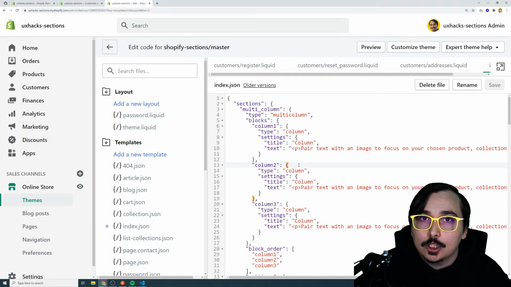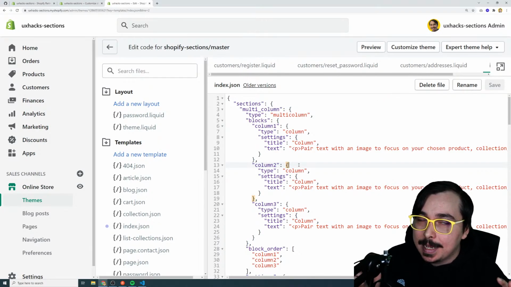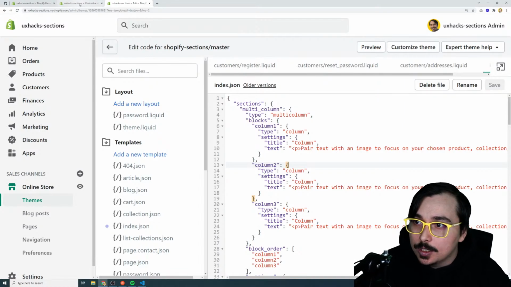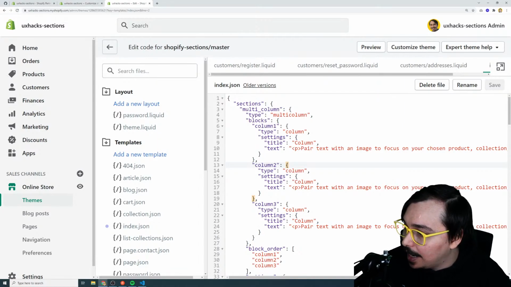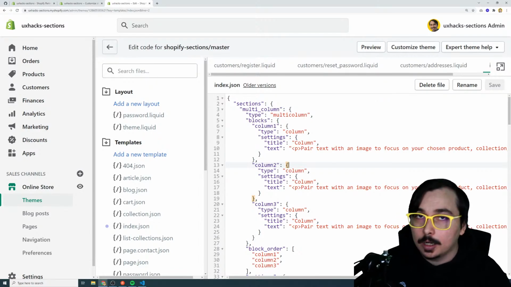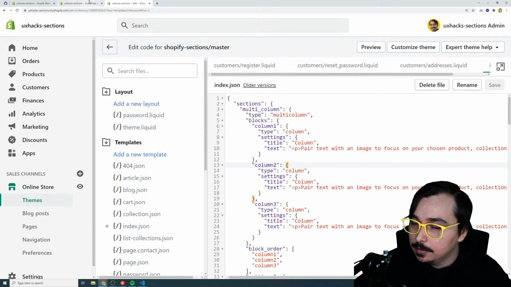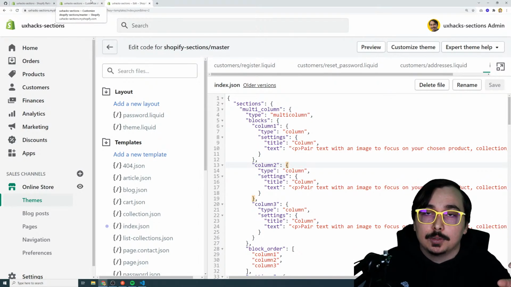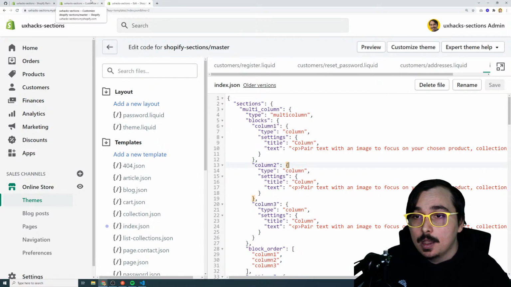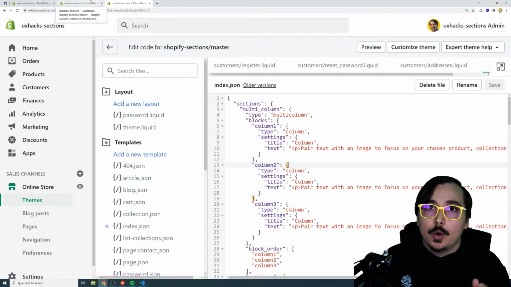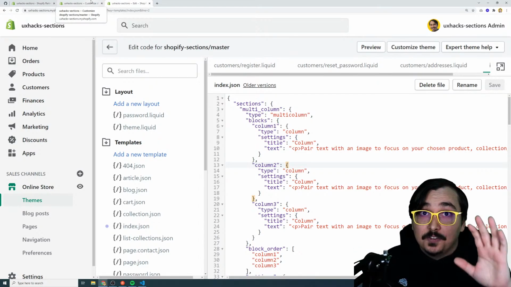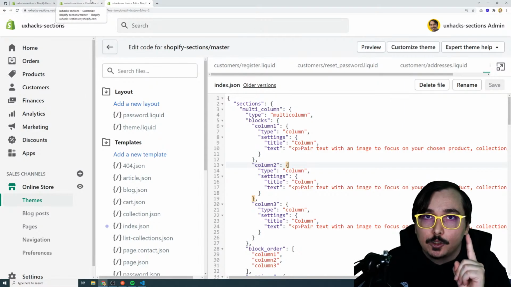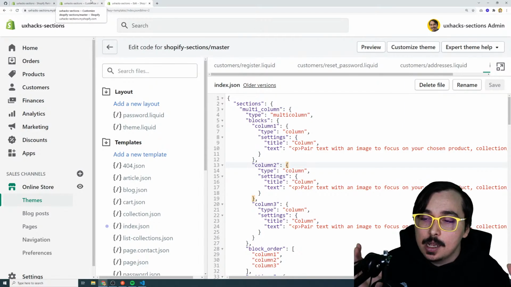And let's actually create our own custom section. Now, there was one section that was recommended by Willow Moon Art in the chat, and she said, or he said, I'm sorry, I don't want to gender you, but they said that they wanted to do a masonry grid with images and a product title, right? Is that right, Willow? Let me know. So I'm going to show you guys how to build this completely from scratch. The very first step, though, is to check to make sure that this section doesn't already